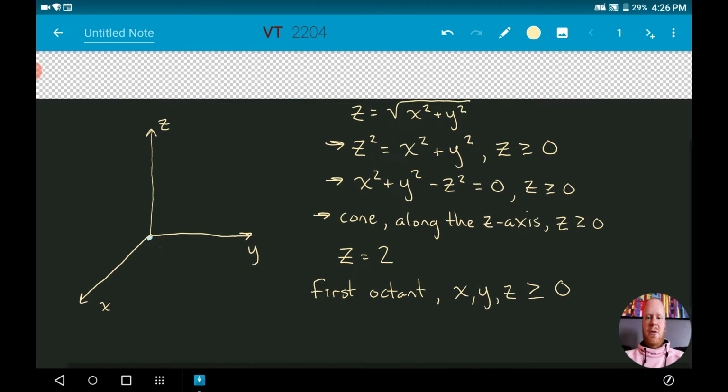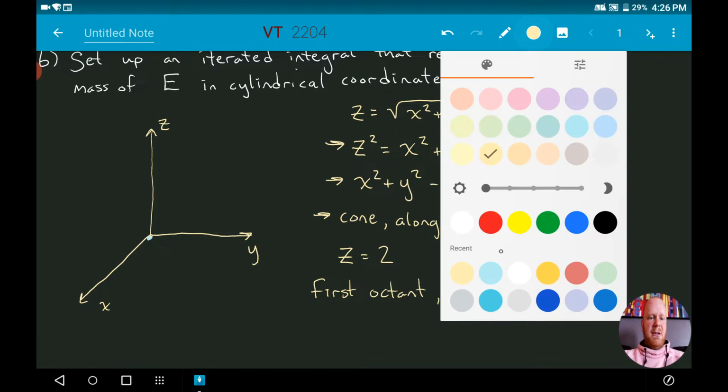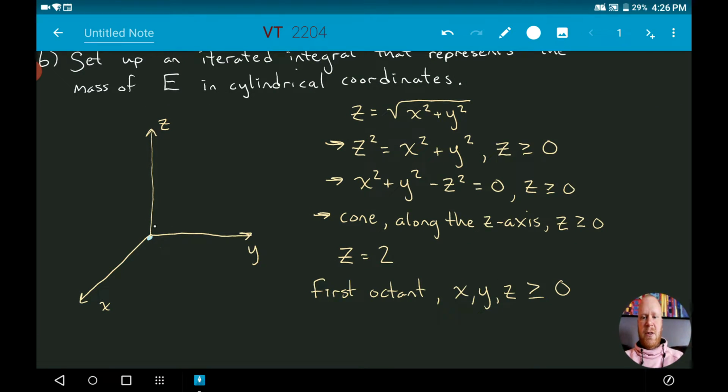Okay, so let's sketch this. I'm going to start off with the cone. So that's going to look something like this. Okay. That's my cone, and then it is bounded on top